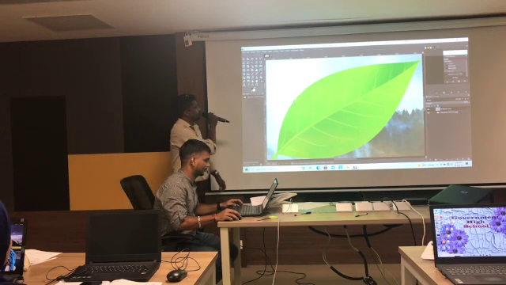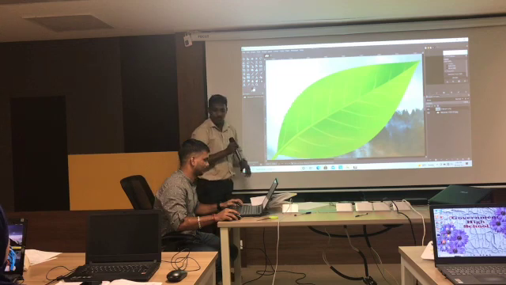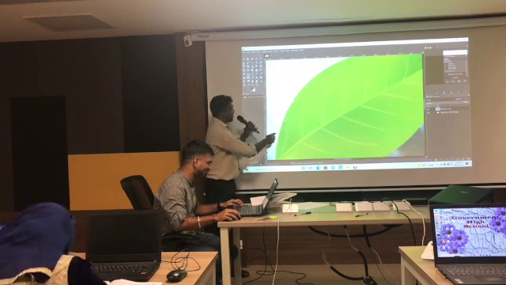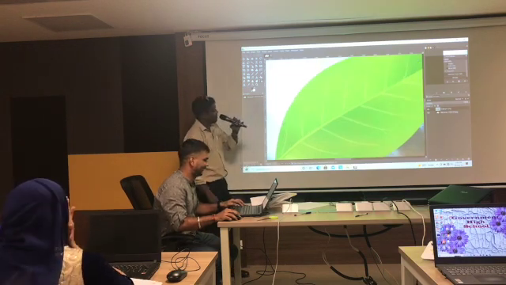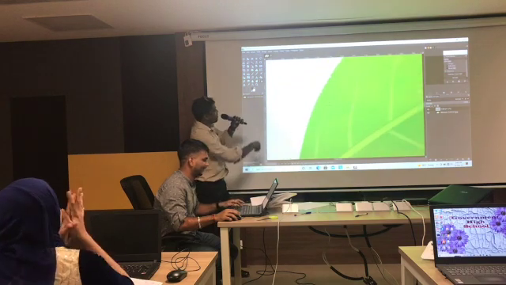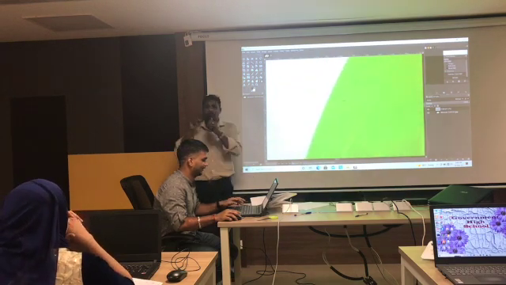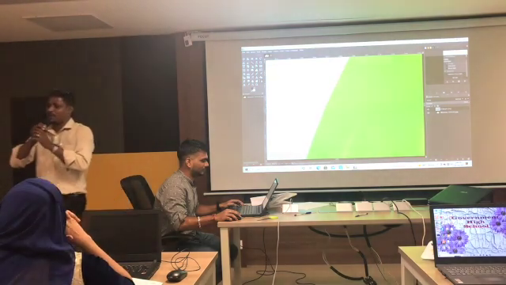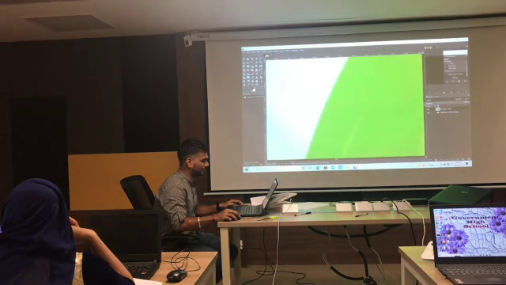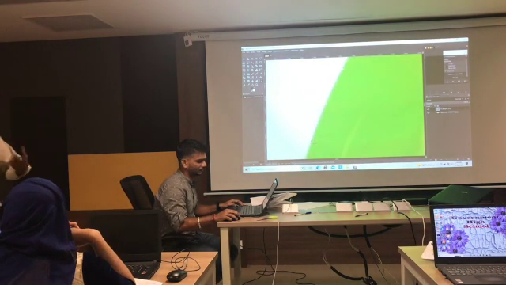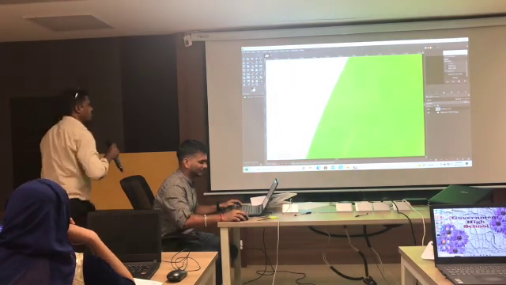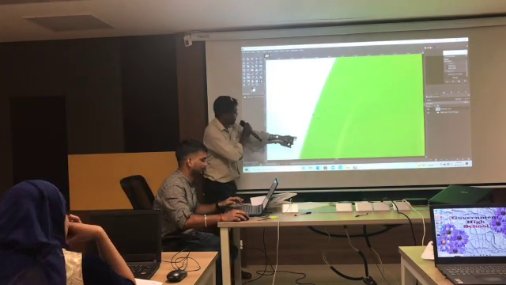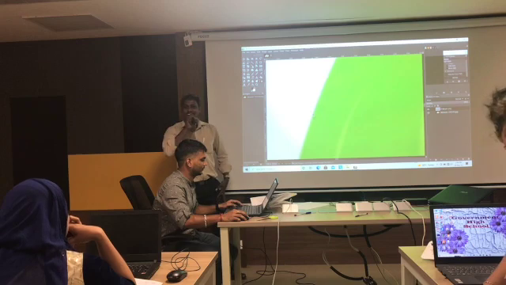Okay, so here in this path tool. Can you zoom the picture? Very good question. How to zoom? What you can do is press the control and use the round scroll wheel.